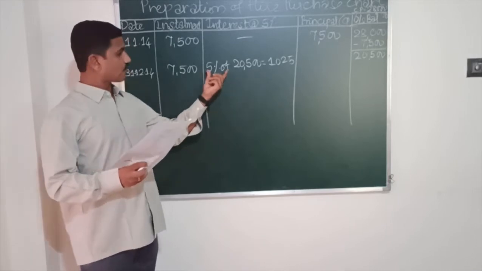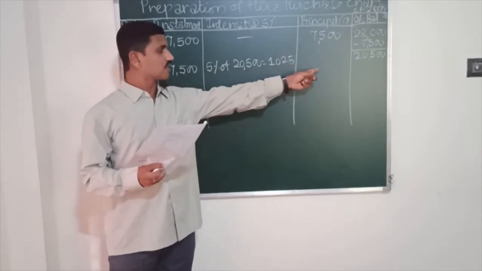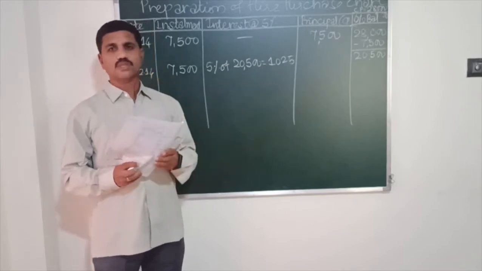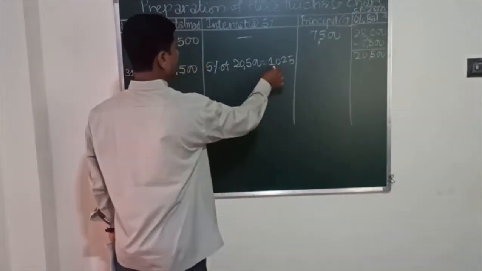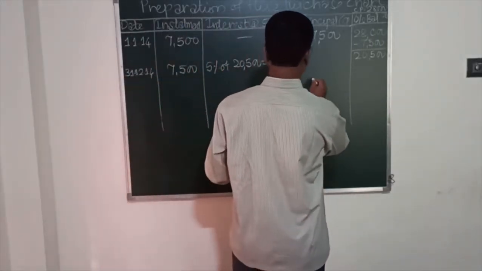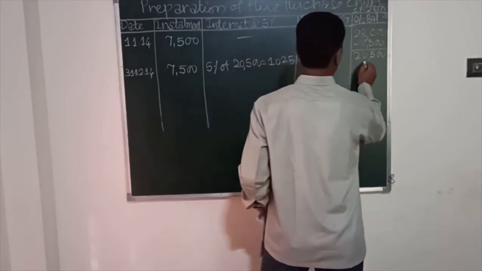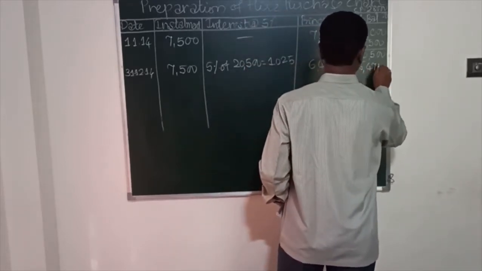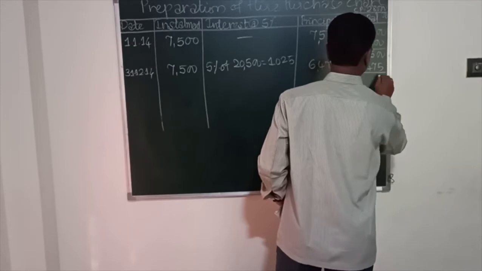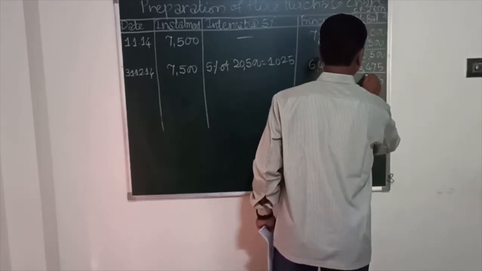So when we know the interest which is included in 7,500, the difference will be nothing but the principal sum. So when you deduct this 1,025 from 7,500, we are going to get 6,475. So we should deduct this here. So 6,475. So when you subtract here, 10 minus 5, 5, carry 1, 10 minus 8, 2, carry 1, 0 here, it is